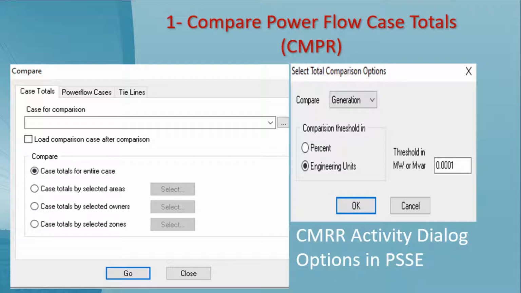Then click on go. The next dialog option will appear, the select total comparison option. In the comparison option, you can select the type of comparison that you are interested in, the generation comparison or load comparison or losses comparison, depending upon the requirement. So this is the CMRR activity dialog option in PSSE.